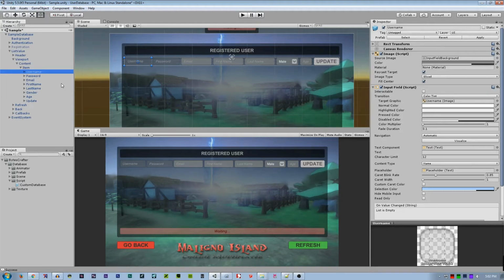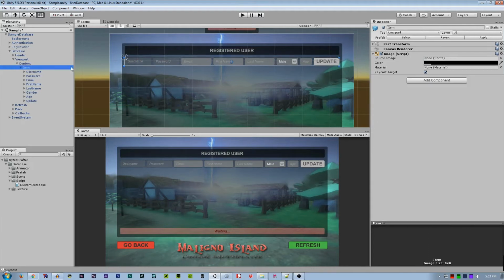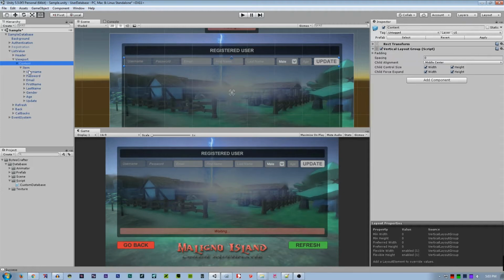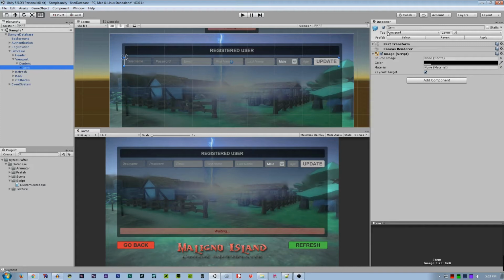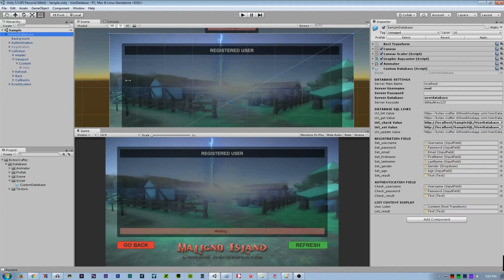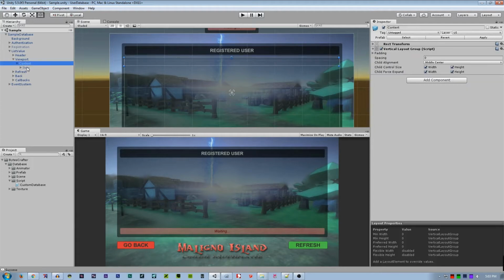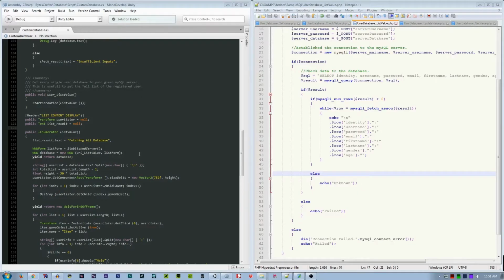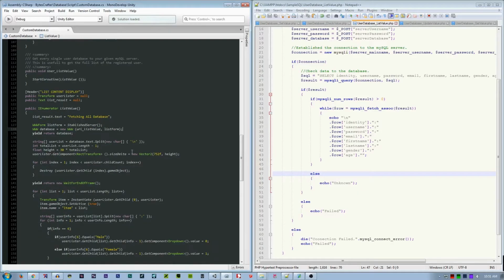Only the email, first name, male or female, age. Here we will get the parent. So the content, we will get the content because we will derive this, we will duplicate this. This is set to inactive. So as you can see here in the list, we only get the parent because we will duplicate this later on. So going back to our C# script, here at the list view